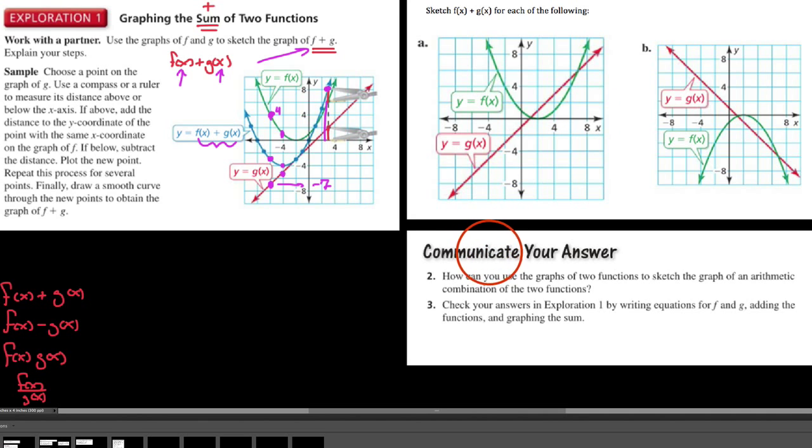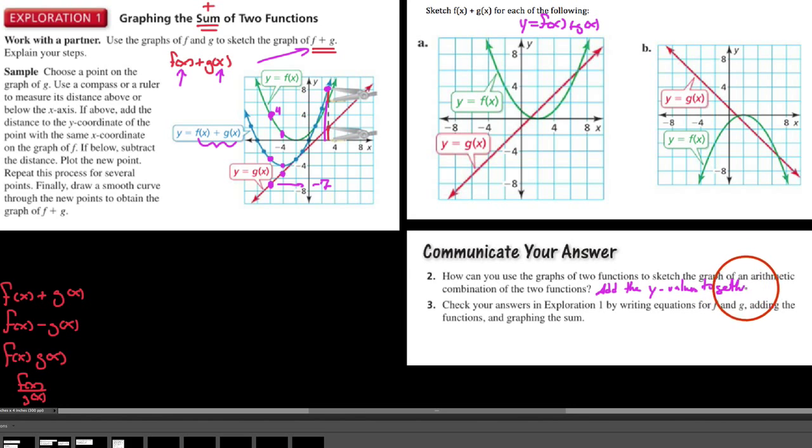So number 2 here asks us, how can we use the graphs of the two functions to sketch the graph of an arithmetic combination of the two functions? In other words, how can we use the graphs of these two functions to sketch f of x plus g of x, which is what we want to sketch, y equals f of x plus g of x? And really the answer to this is we are going to add the y values